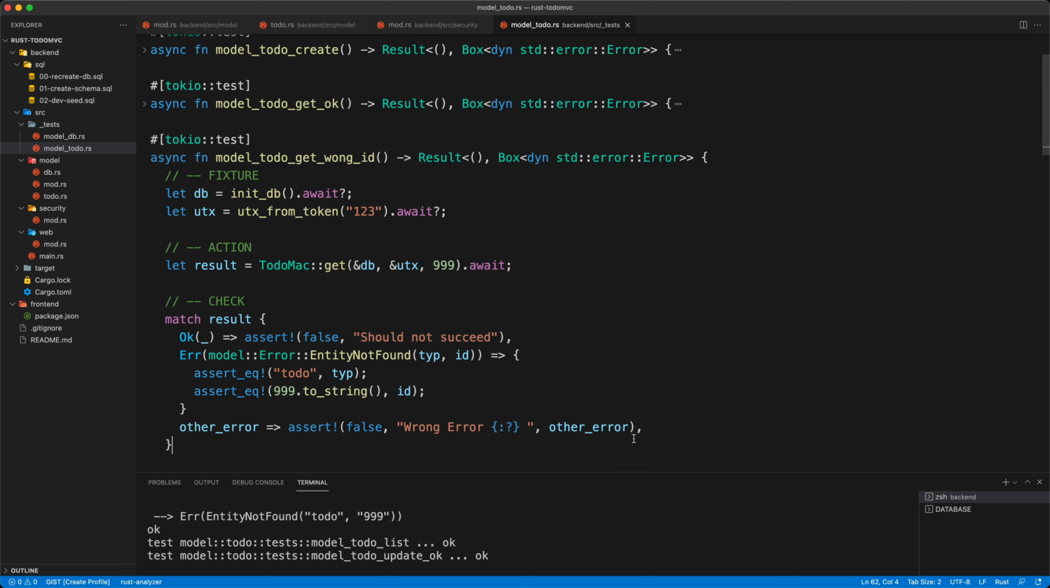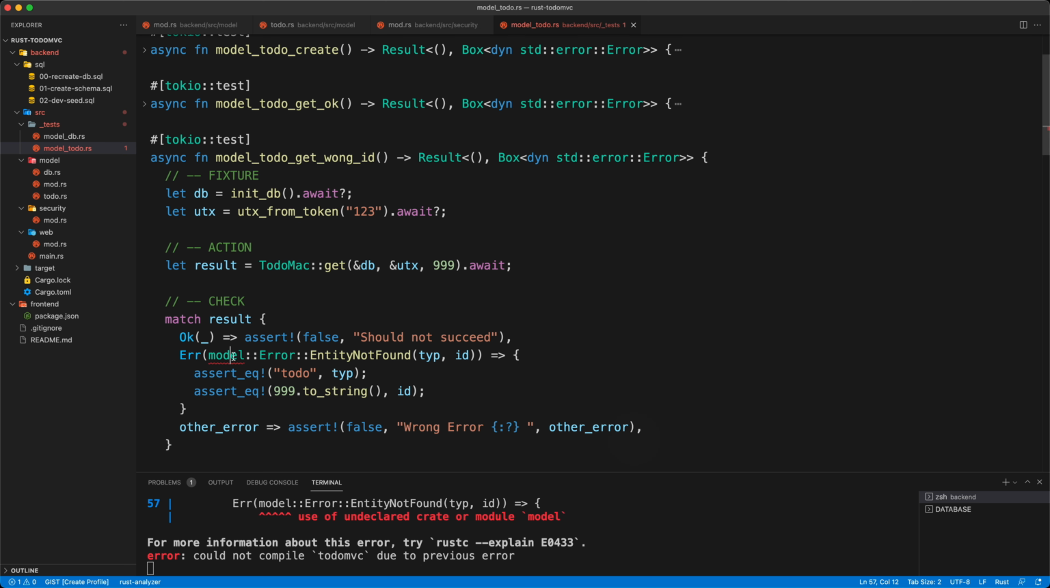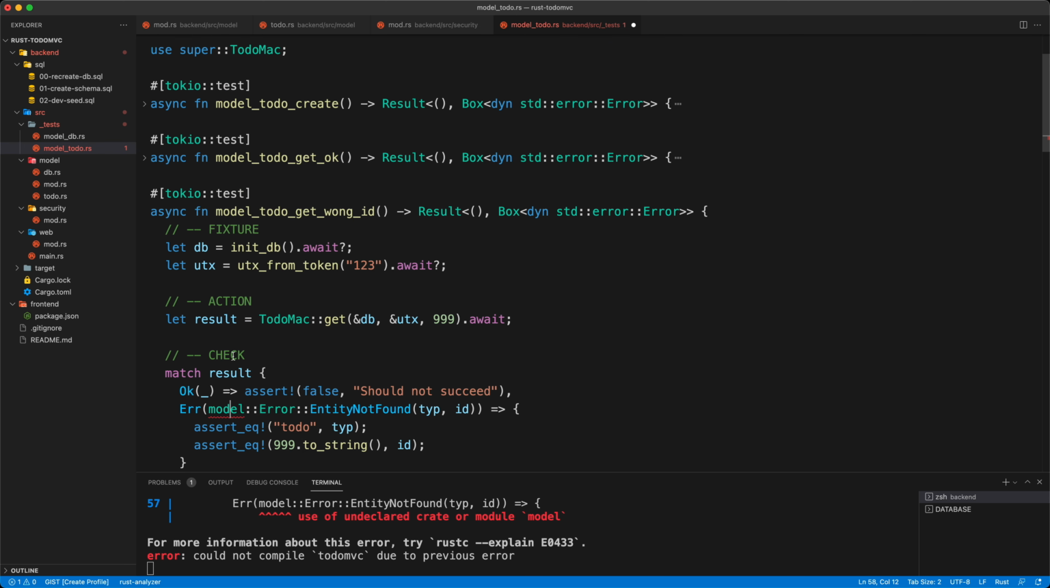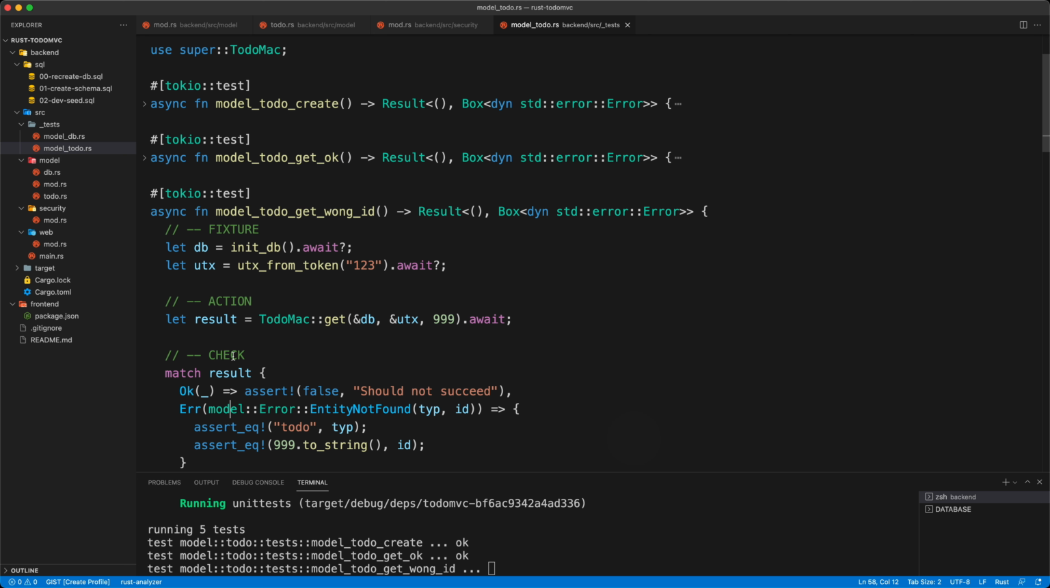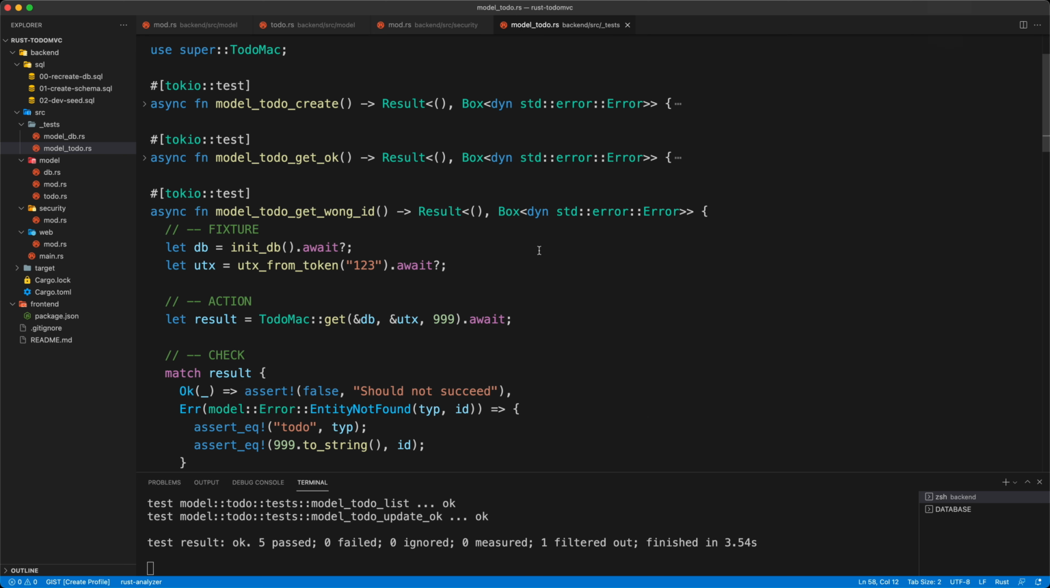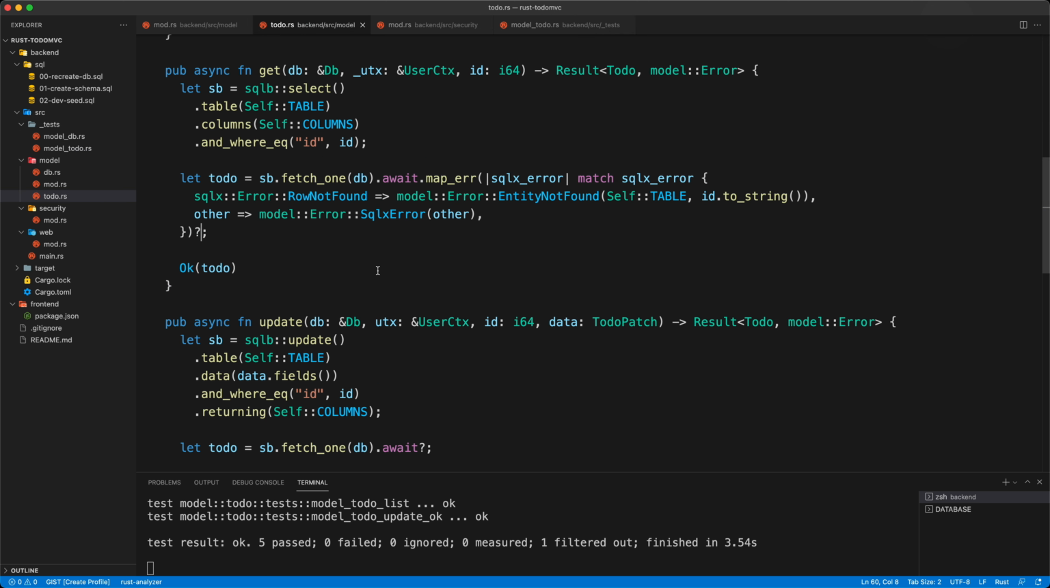We're going to press save. And here we haven't imported the model. So we import model here, press save, and then everything should work fine. So that is nice. But if we go back to our to-do implementation, we're going to want to have the